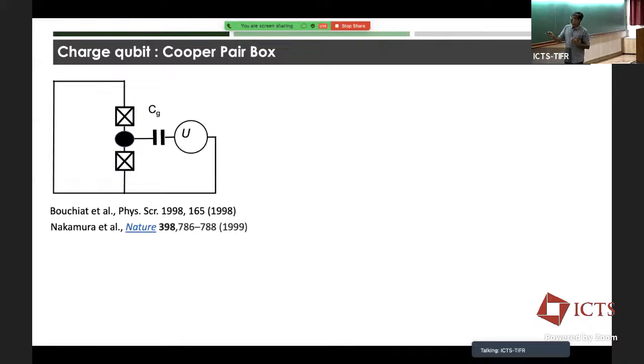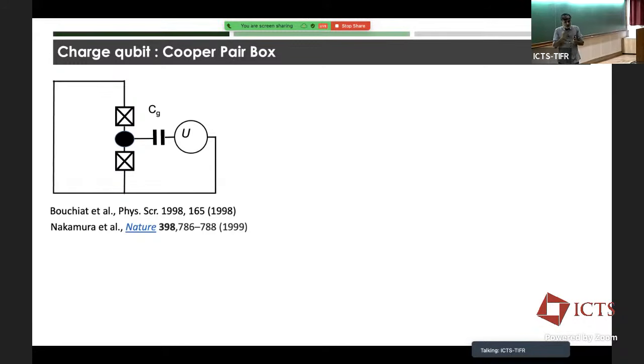electrodes. This is referred to as an island. It's an island because it's a localized piece of metal, which is sort of disconnected from all sides. Here it's disconnected by a capacitive gap. Here it is disconnected by a tunnel junction. So there's an energy cost for, say, a charge here to jump across from either side. So this was sort of the picture of qubits in those days, that you have an island which is localized, and